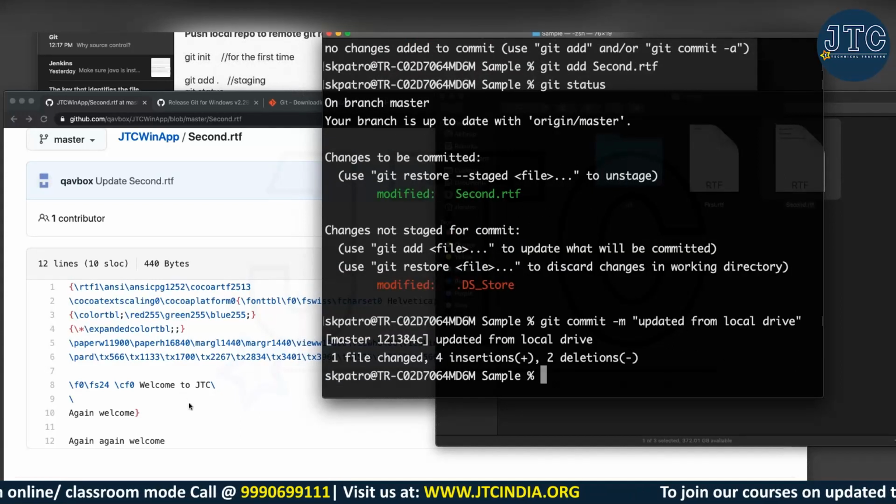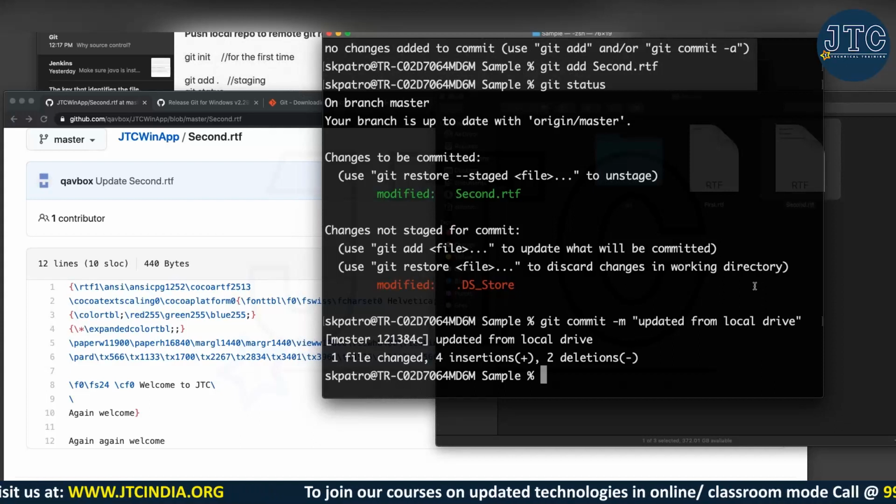Fine. Now you can see somebody else committed something, and I also committed something. I always told you that before you push your code base to the GitHub repository, always get the latest. So at the beginning you want to get the latest, and again at the end, because if I push this code, it will give me a conflict, since second.rtf has a different message and I have a different message.